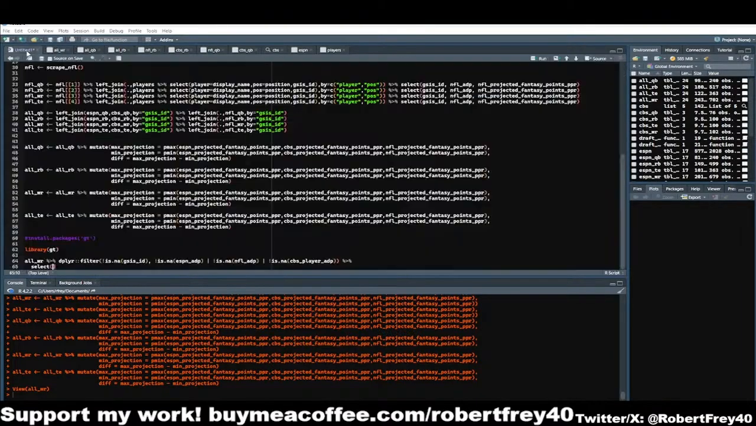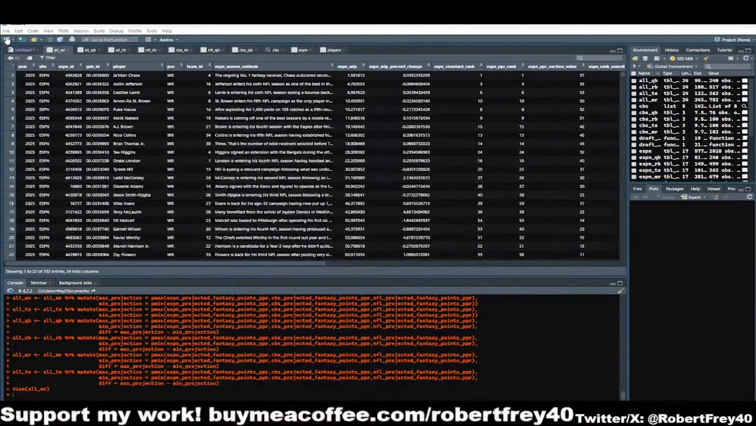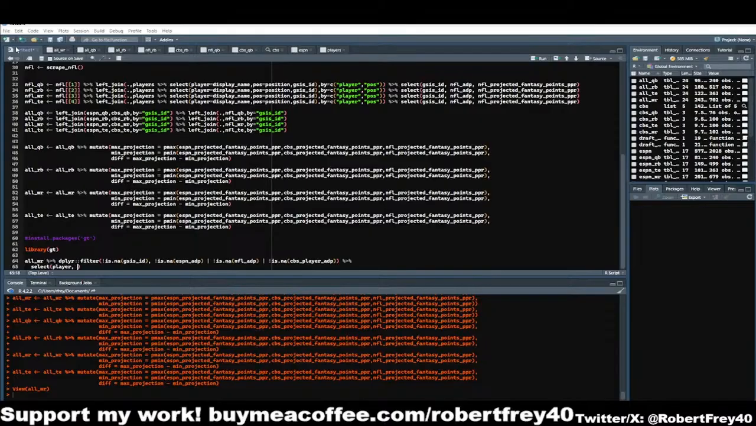So let's say select player, max projection, min projection, and then diff. So you can get the difference in between the three. Now,